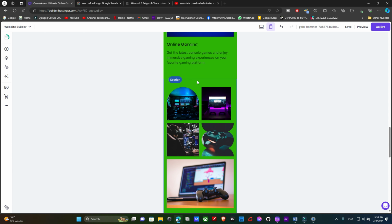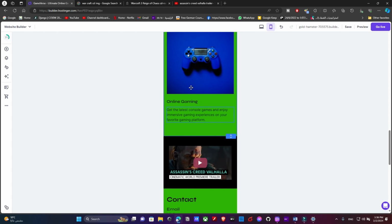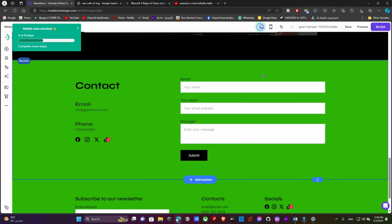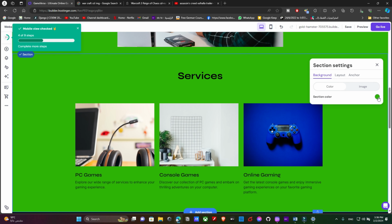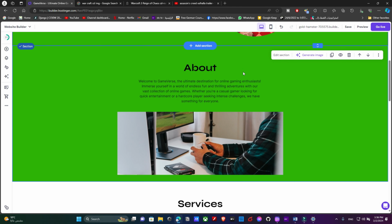I guess I don't need this section. This section is not so good. So I'll get rid of this section. But I may also change some other sections, because I don't like the whole color to be green like this. So I'll choose this to change. I'll edit the section, the background color, I'll make it white. So if it's white like that,